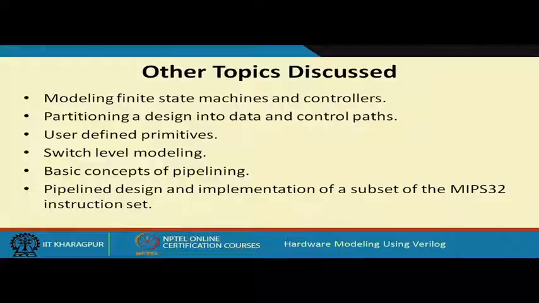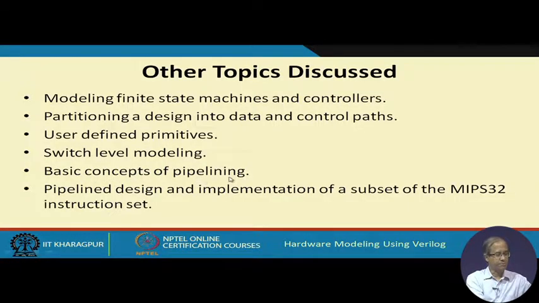Again, initially when you are modeling something at a high level in behavioral form, maybe you can use a UDP, user defined primitive, for modeling it, but later on you will be converting it into a structural representation. Okay, fine. Then we talked about pipelining, what are the basic concepts,